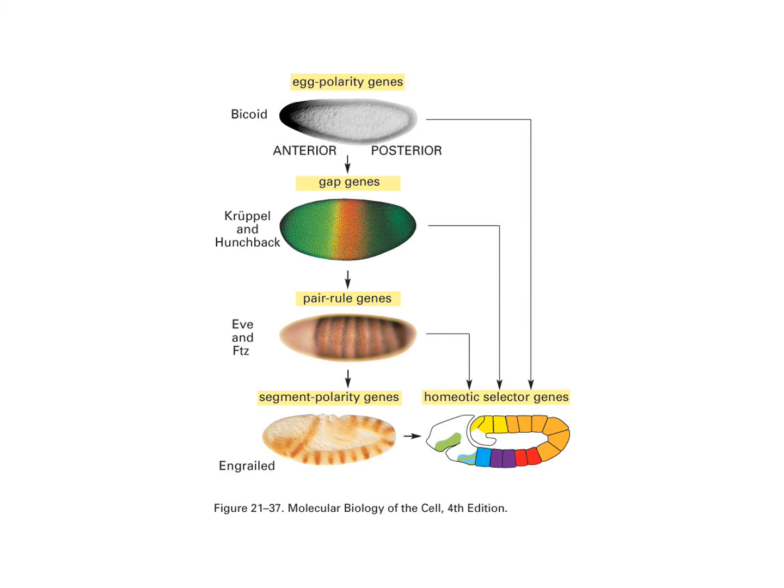Okay, so next then we go from the pair-rule genes to the segment polarity genes. And again, these are expressed in half of each segment, so we get 14 stripes instead of the 7 stripes we see with the pair-rule genes. And these have, well, maybe we'll come back to that in a minute. And finally, then the homeotic genes that are expressed throughout the embryo that define each region and tell it what